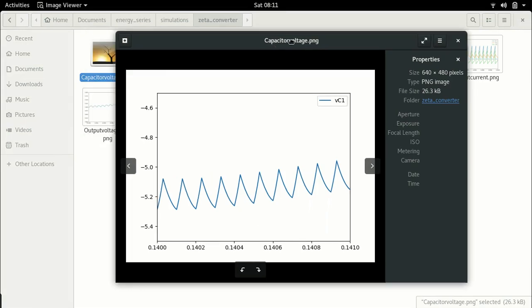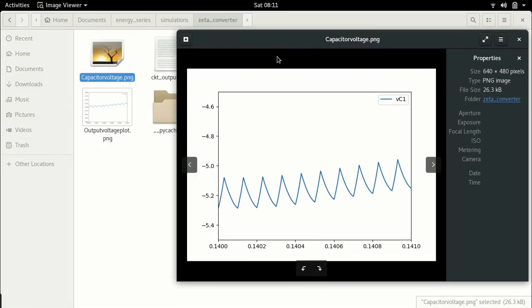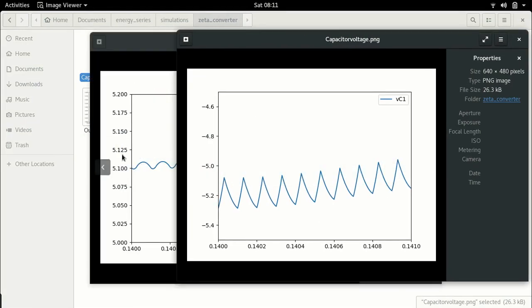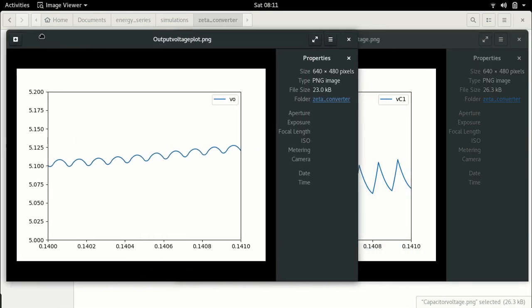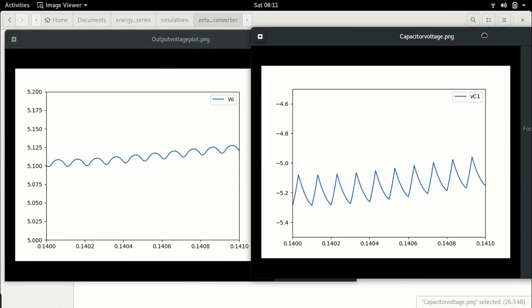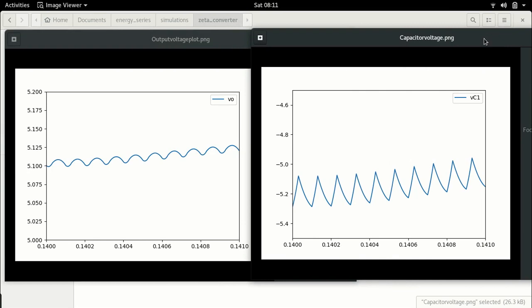So we have this, and we have this. Now if we place these two together, we see that they are roughly the same, and they will not be exactly the same because of course they are two different values of capacitors, which is also why the ripple is very different, and also of course there will be the effect of parasitic resistance and